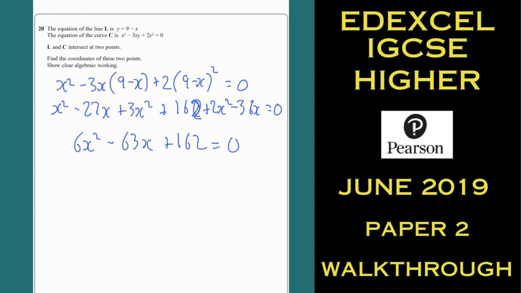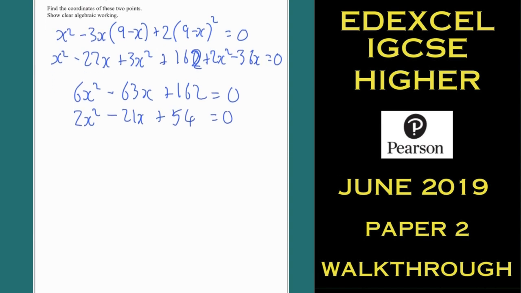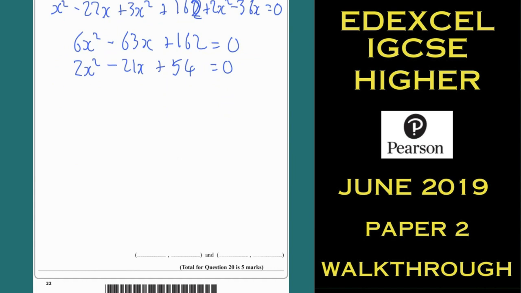Now you've got choices. That's a difficult looking quadratic. I would definitely recommend, if you're going to go quadratic formula, feel free. They do actually all divide by 3, which can make it a bit easier to factorise. But I'd still argue quite tough numbers for the AC method. For me, quadratic formula all day long. X equals minus b